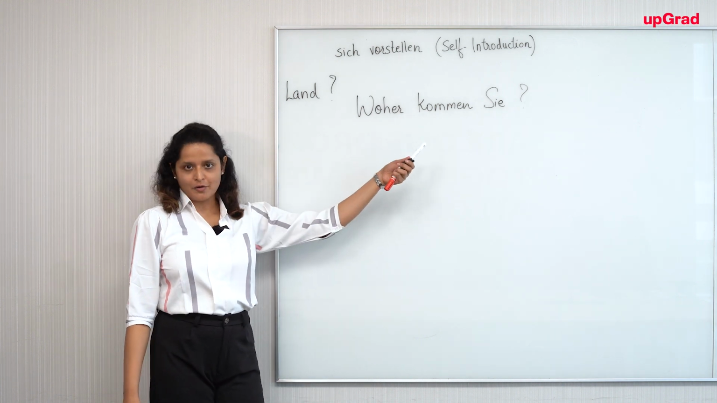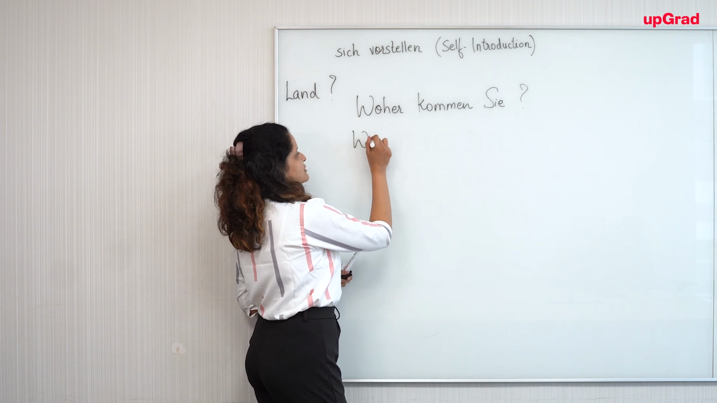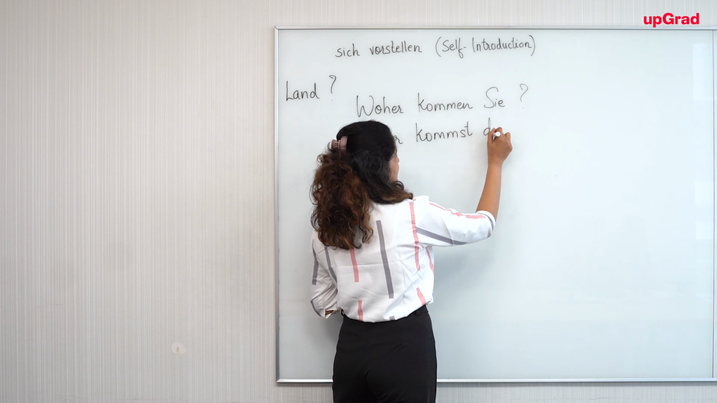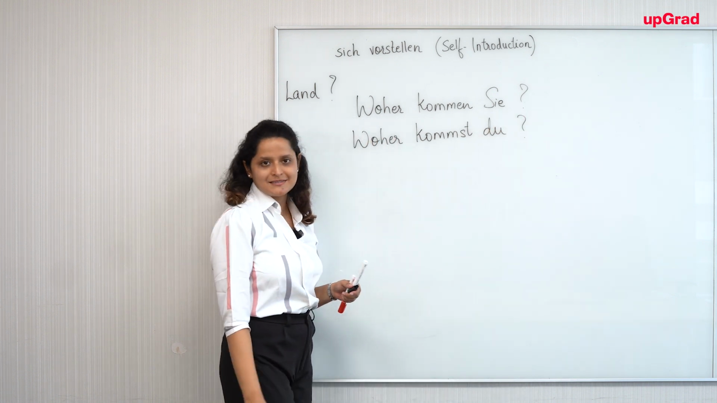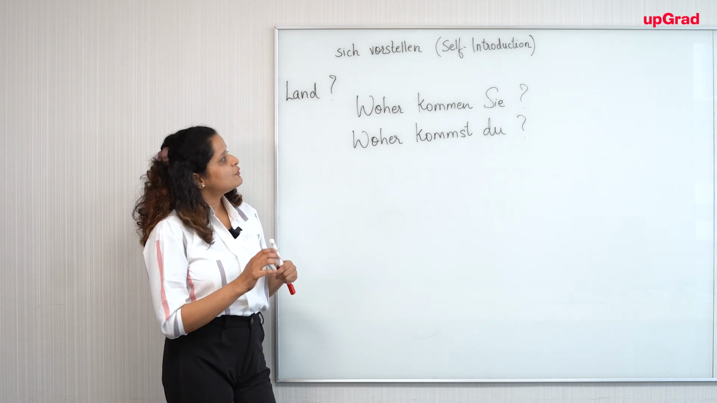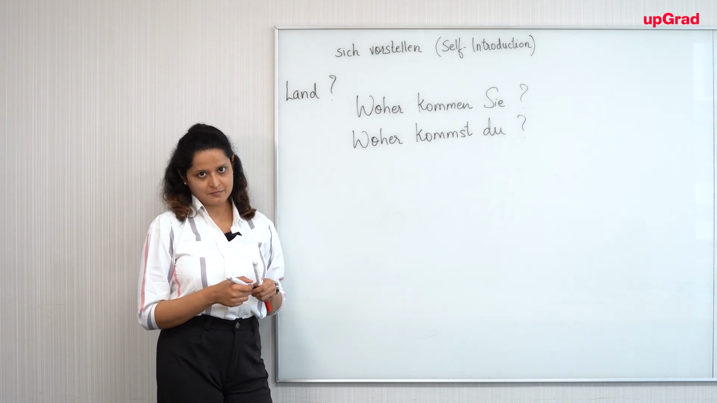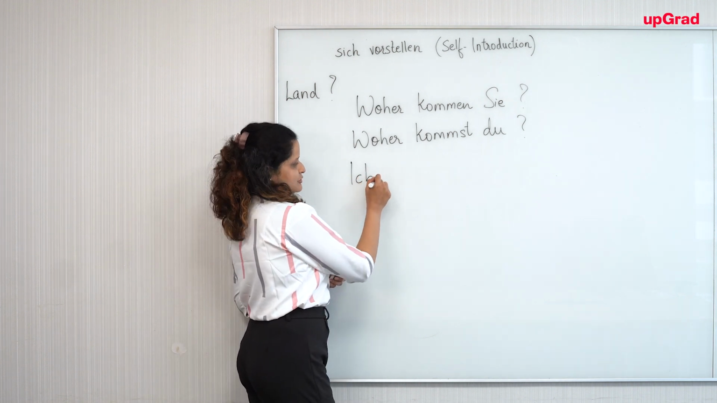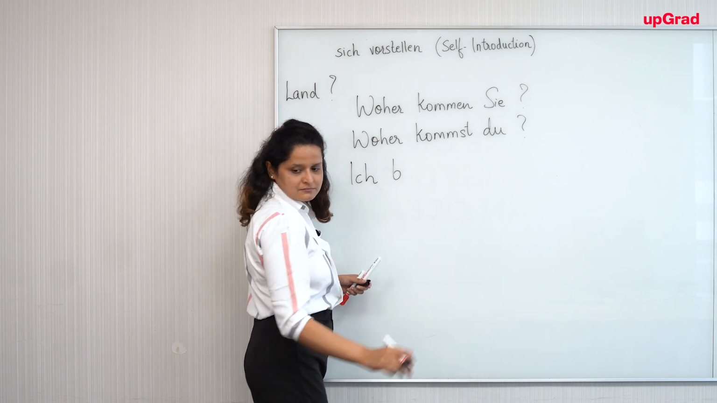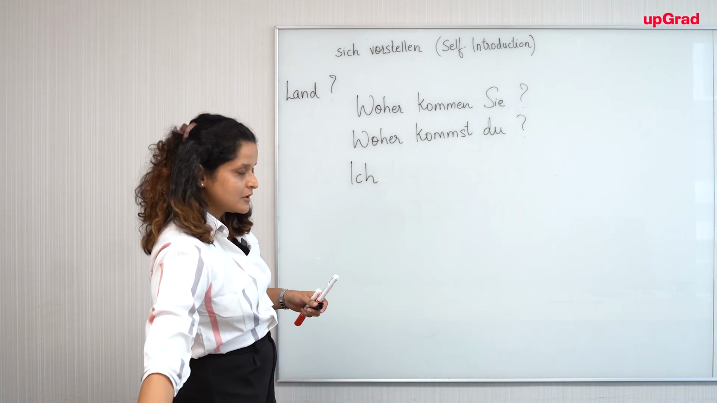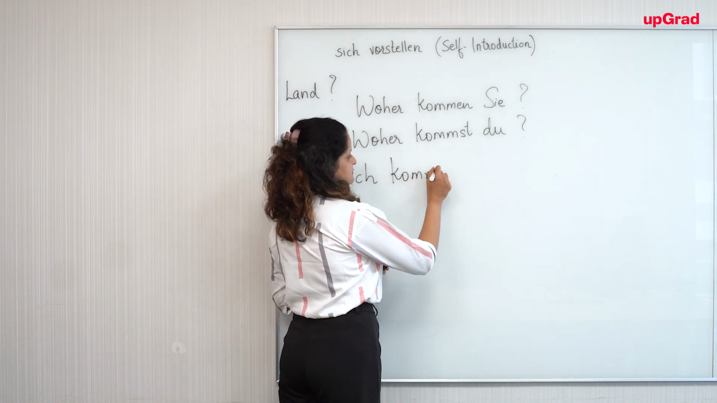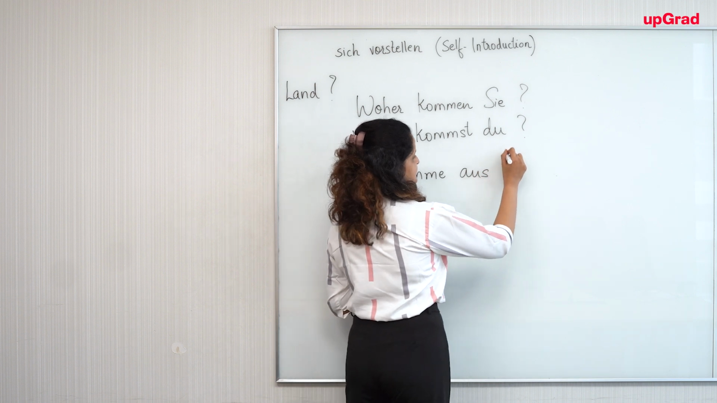So you are asking here woher kommen Sie, as in where do you come from. So this is your formal question. Your informal question here becomes woher kommst du? You're keeping the verb the same, but you are conjugating it according to formal and informal. So woher kommen Sie? Woher kommst du? If you come from India, let's just say your country of origin is India. So we say, ich komme aus